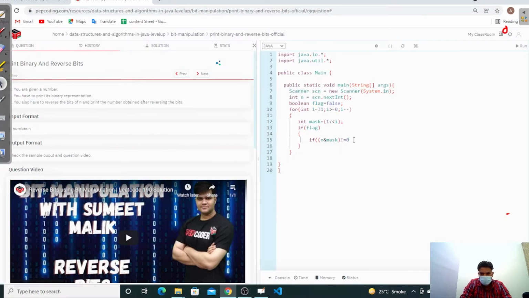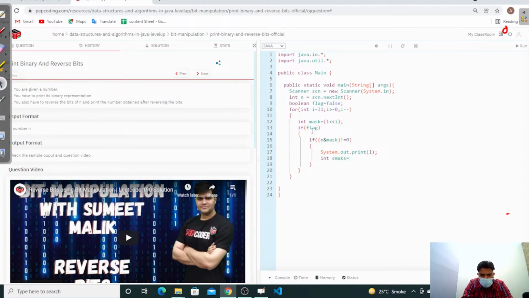Okay, so when our mask is not equal to 0, then we have to print our 1. Why? Because we get our first, we will get our second one. This is not our first one, because when we get our first one, this flag equals true. This will be managed in the other condition. So we are printing our 1 here, and after that we take our second mask